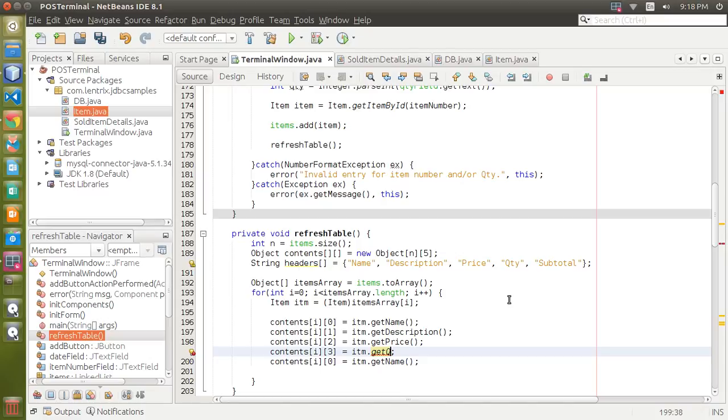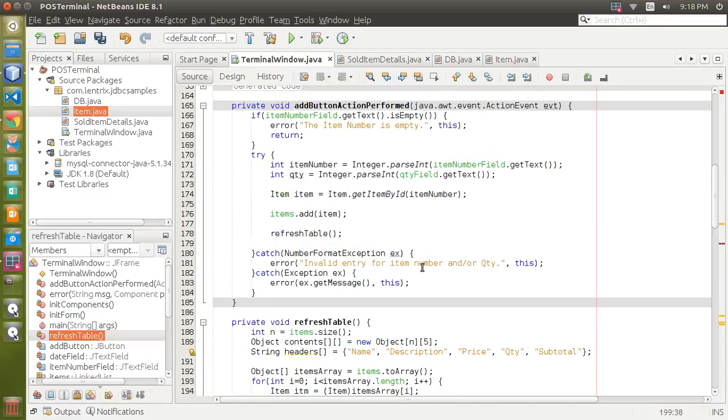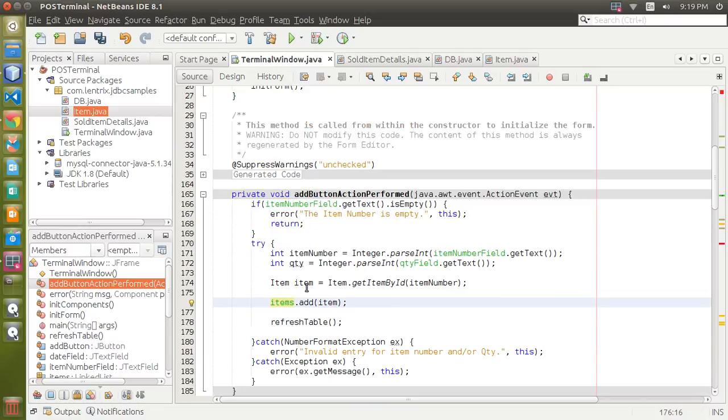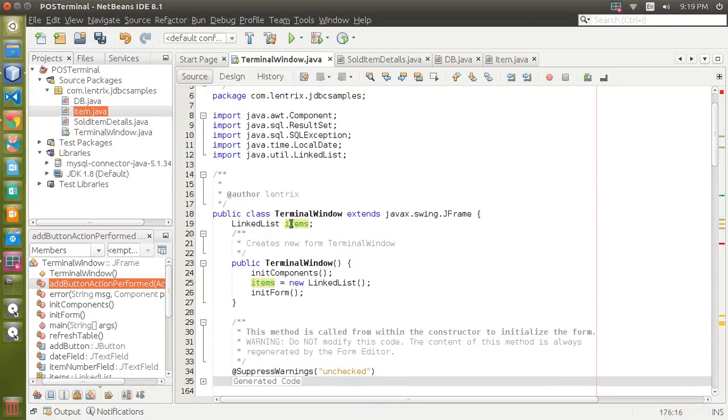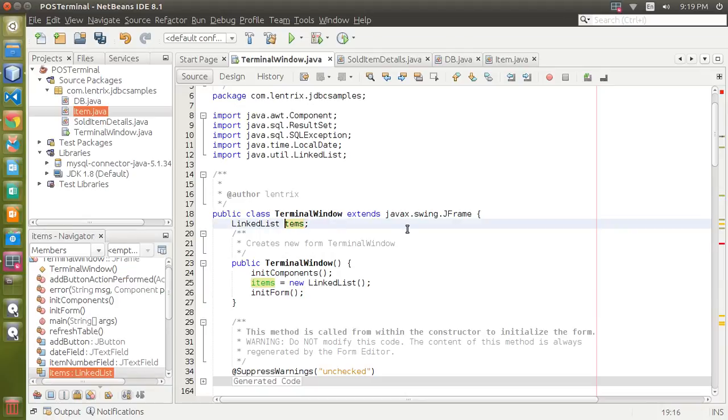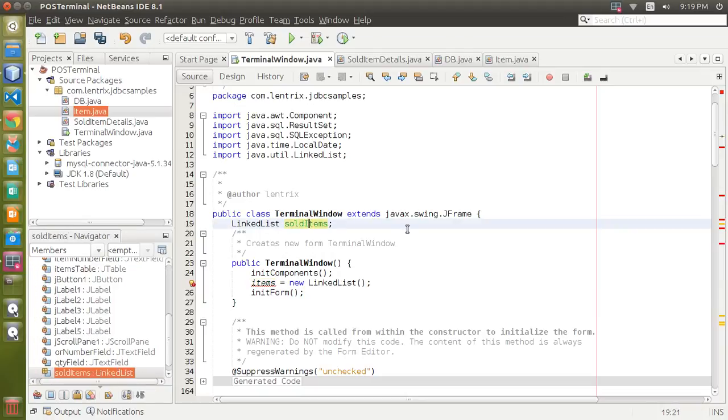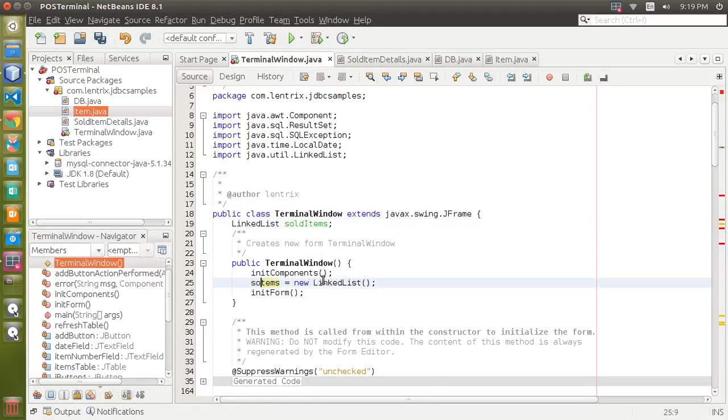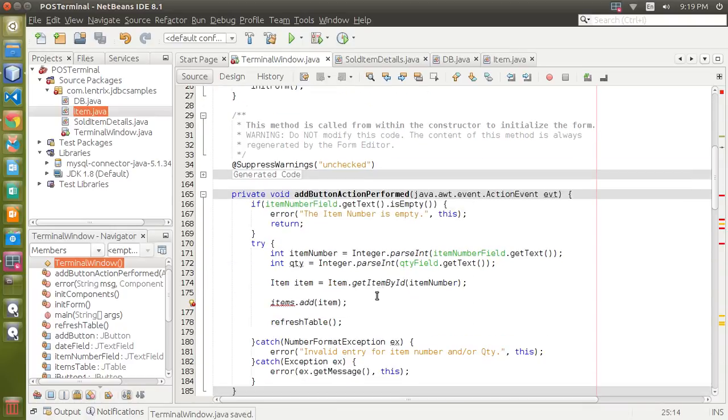I've made a mistake here. We should not be adding item into our items. Rather, we should be adding sold item into our items, and even the item name for our linked list is also incorrect, so we should call this sold items. I think I got carried away there. So here,